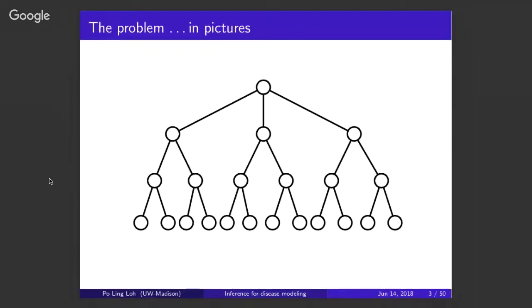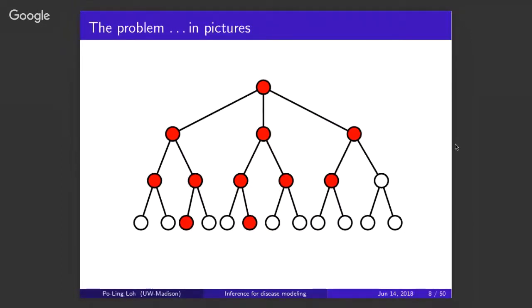Okay, so the question that we're going to be looking at is a question of source estimation. So imagine you have some kind of a network, and you have a disease or some information that's propagating over the network in a contagious manner. So what that means is that at the beginning of time, you have one node that is infected, and on successive time steps, there is some neighboring node that's chosen as the next node to be infected. And this behaves according to some kind of a probabilistic process. And in particular, we look at the case where the next neighbor is chosen uniformly at random from amongst all of the neighbors of currently infected nodes.